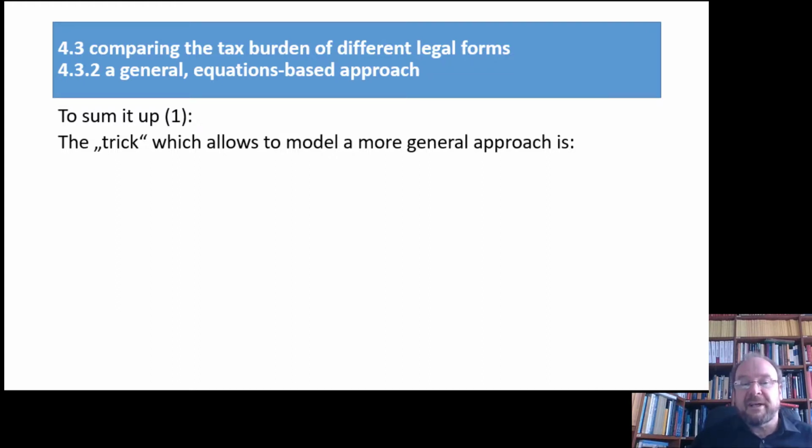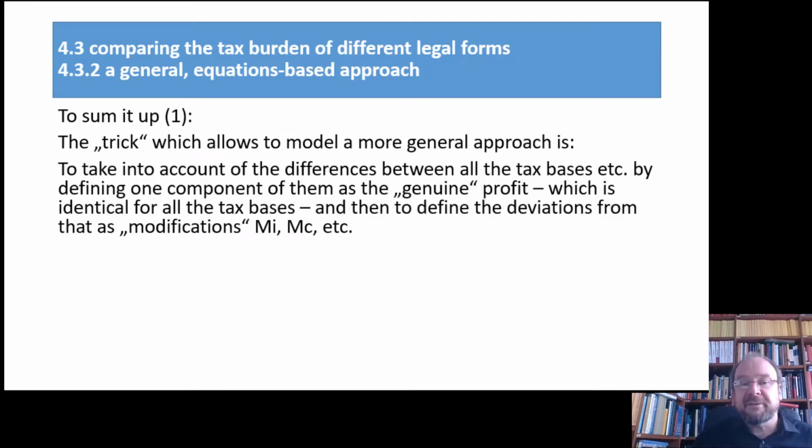The trick which allows you to model such a more general approach is that you just take into account that there are differences between different tax components, tax bases, and that you just say what's the common core of all the tax bases, let's say that what we call profit, and that the differences are just defined by you as